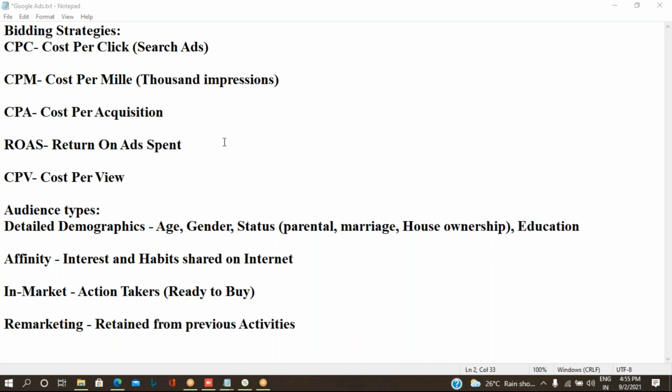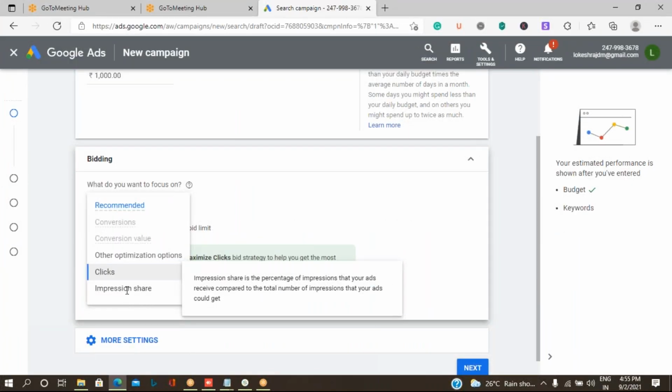Now, another type of bidding strategy is called CPM, that is cost per mil, or 1,000 impressions. Mil is nothing but 1,000 impressions. You can see in the ad itself they have given the option, impression share.